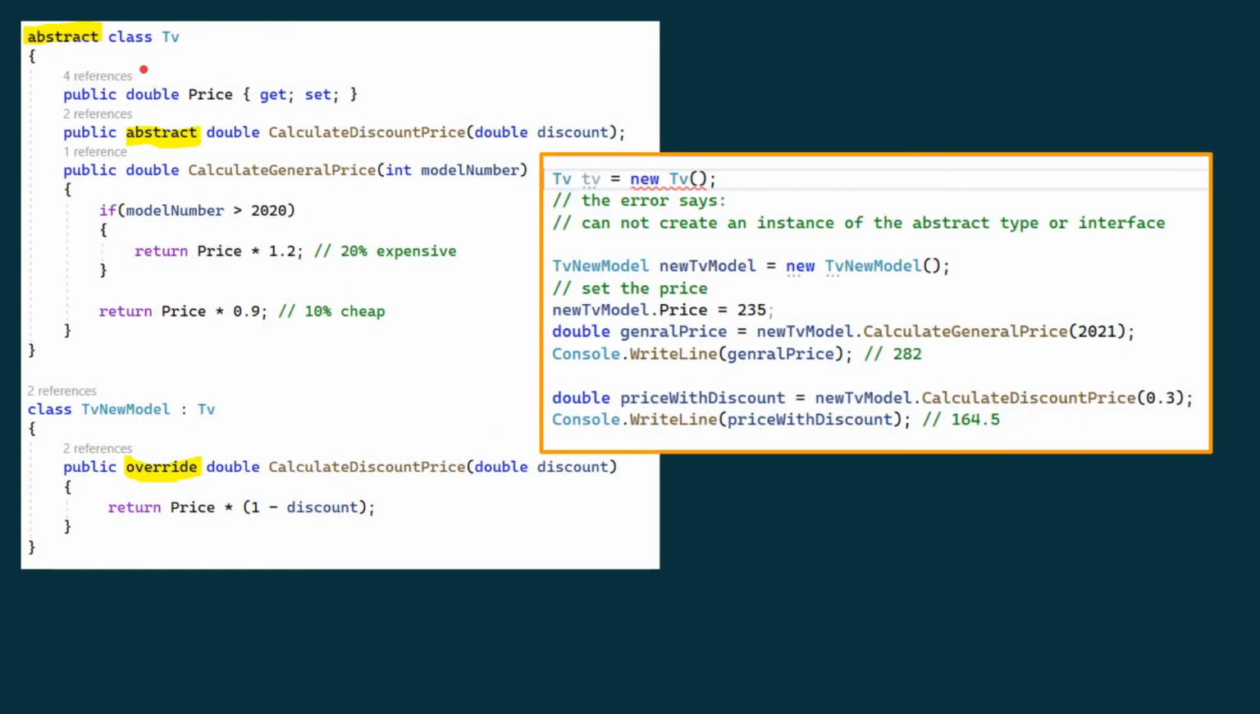We have class TV, and we use the abstract keyword before the type class to make this an abstract class. Inside this abstract class we also have an abstract public method that returns a value of type double. As you see, it has no body. Here we inherit from the abstract class TV, and we provide a body for the method calculate